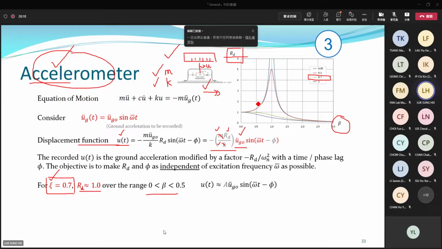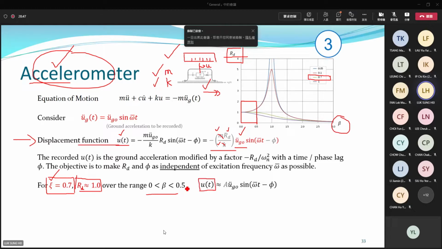Small damping, small frequency ratio, which means this region. You can see that in this region, the value of RD is approximately equal to 1 within this low frequency range, 0.5. So we have this conclusion: RD is approximately equal to 1. And therefore, according to this displacement function equation, it seems that the movement of our mass, the movement